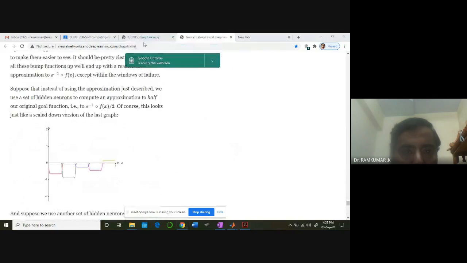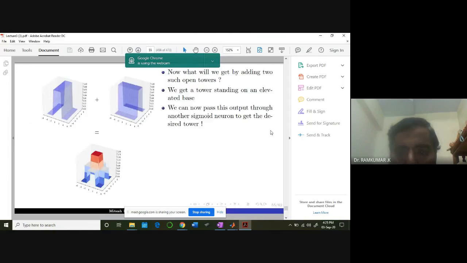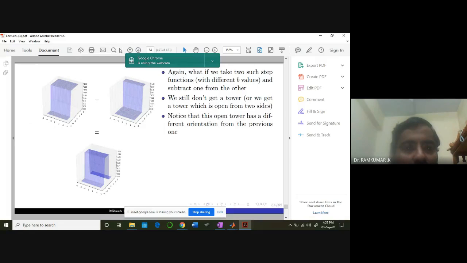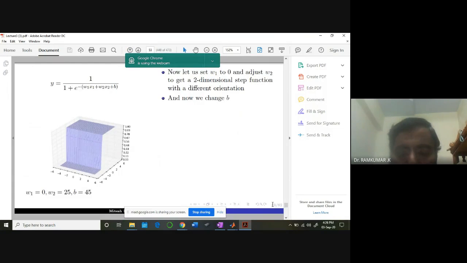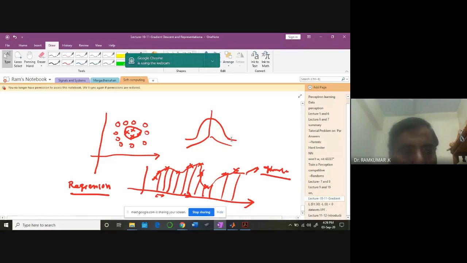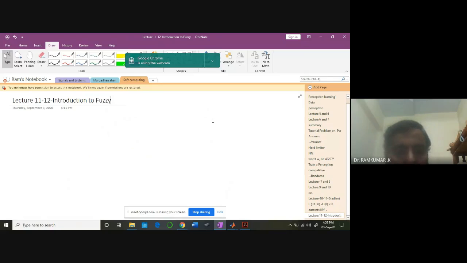So that's what this idea is. Any doubts so far in this lecture? You can go through the professor's lecture again, and my lecture also, to gain more insights on this particular idea. This is a very powerful idea. Those who are planning for machine learning related projects in the near future, these ideas will definitely help you to think carefully and work out. So now let us move ahead to the topic of fuzzy logic.